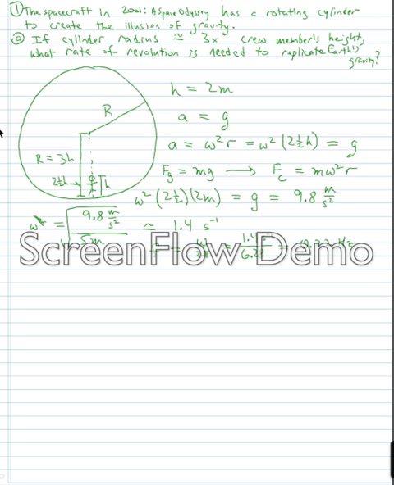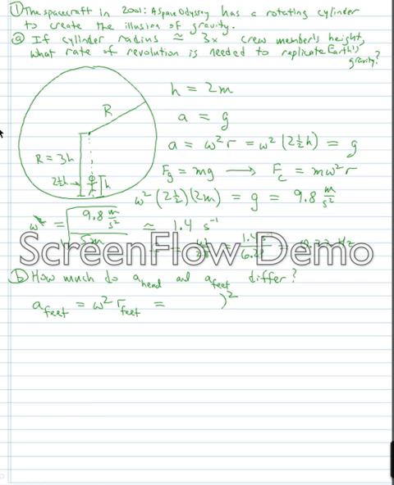Now the second part of the question asks, for a person standing in this cylinder, how much do the gravitational acceleration at the top of her head and the gravitational acceleration at her feet differ. And of course, on Earth they would be the same, but because we're simulating gravity with rotation, we'll see that they differ. So we have the acceleration at her feet is omega squared times the radius at her feet,